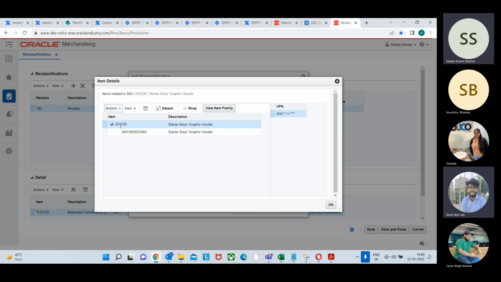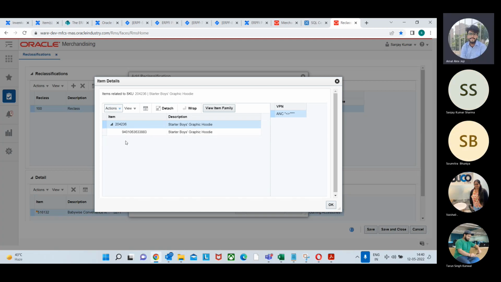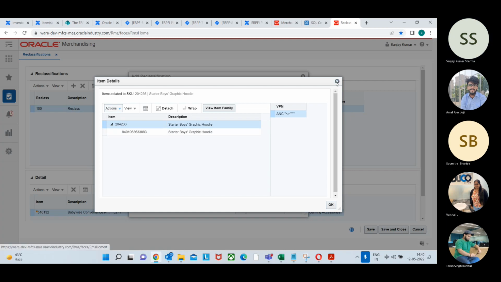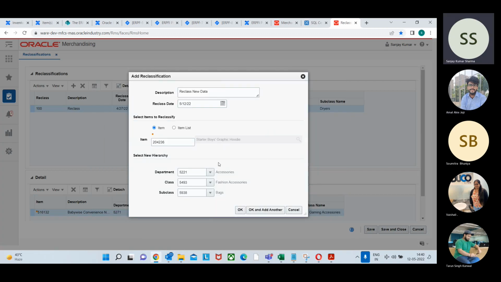What is the barcode? This is the barcode, this is the SKU, so this is L1 and this is L2. That should still be okay. So if I click on OK,